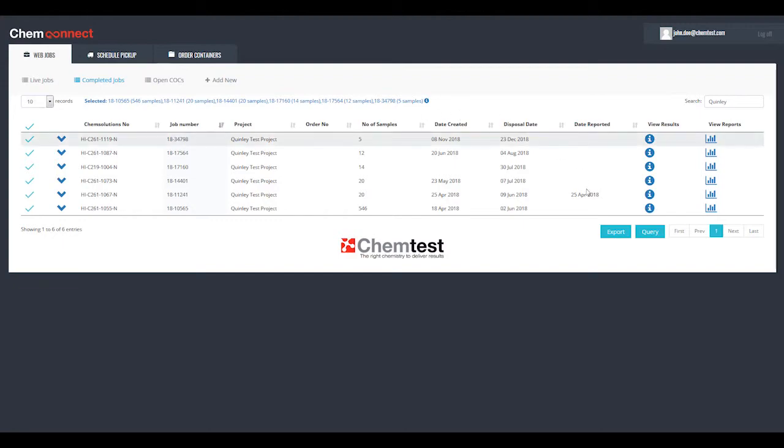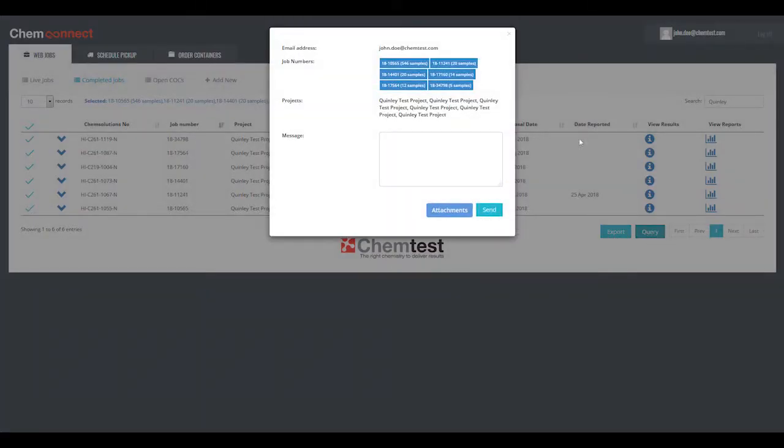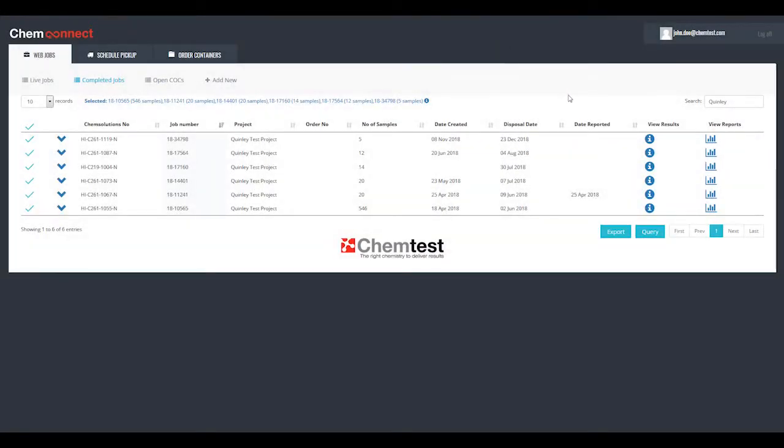You can also press Query button, which will open a message window where you can leave instruction for the job. This will send an email directly to our customer service team with all the necessary information needed to action the query. On the right-hand side of the view, you have two buttons which will take you to the Samples or